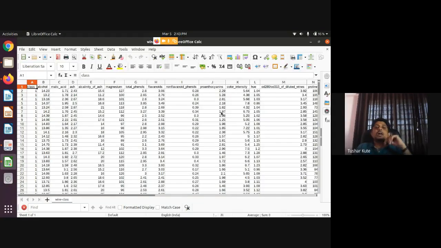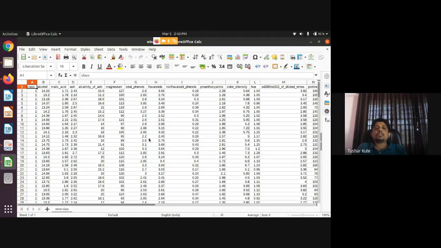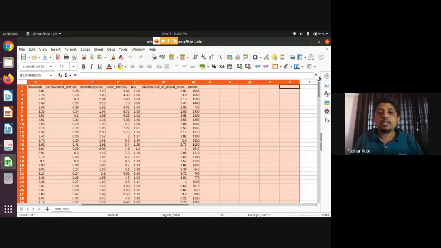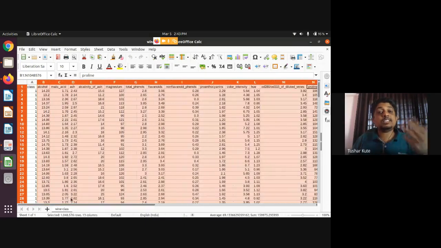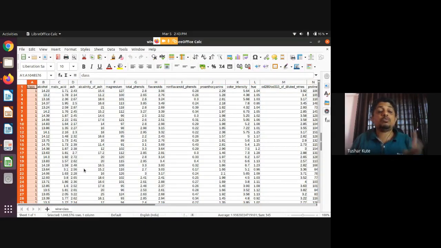See this. For example, this data set I have here contains multiple columns. This is a wine quality data set. Based on different chemical properties of wine, different wine classes are created. What are those classes? Class 1, 2, and 3. Three classes are there. It means the output variable of this data set is categorical. Categories are present in this particular data set,